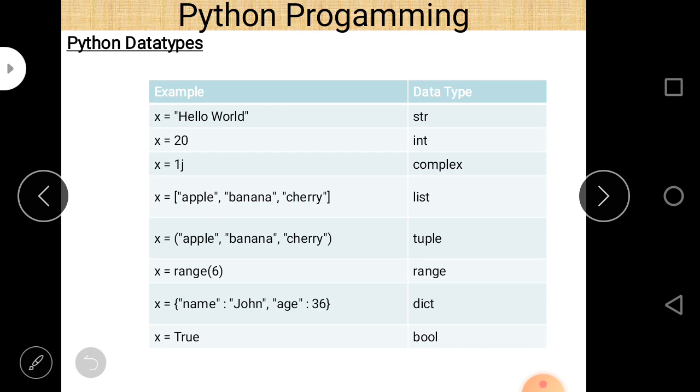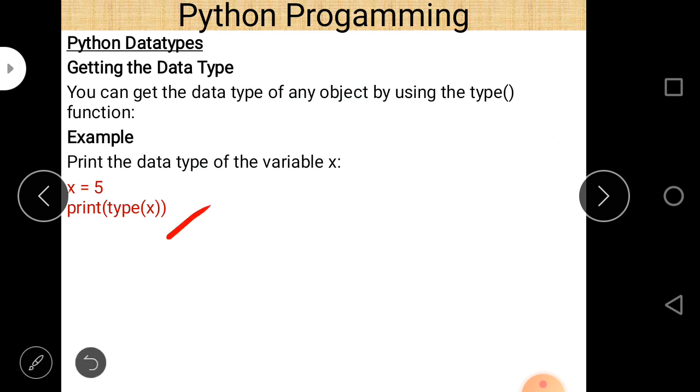And these are the Python data types. If x is equal to hello world, then the type of x is string, str. If x is equal to 20, then the output shows int in this program.